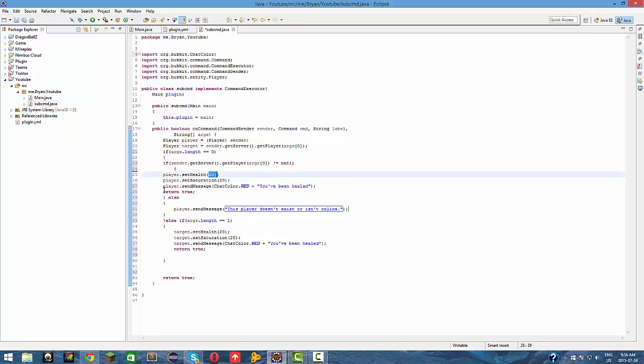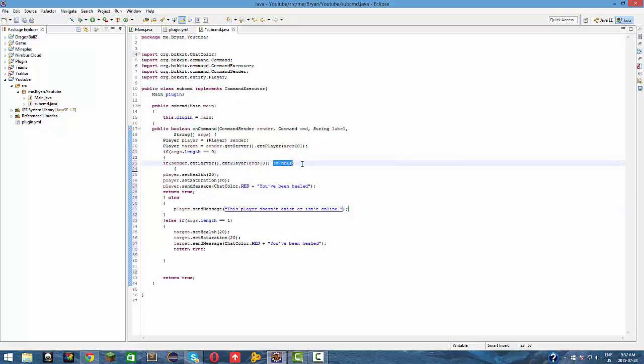We're going to set his health bar to full and his food bar to full, and we're going to send him a message saying in chat color red, you've been healed. Else, otherwise, if he does not exist,